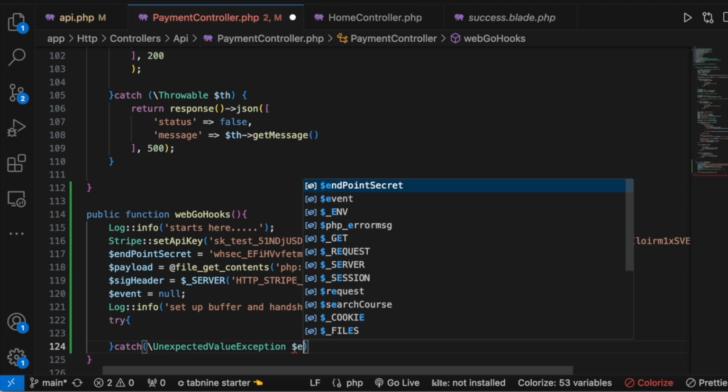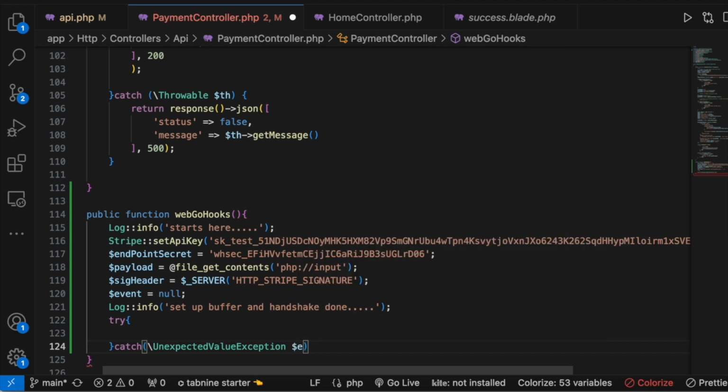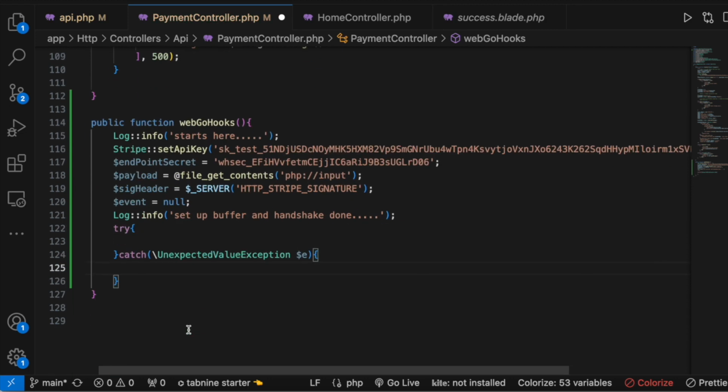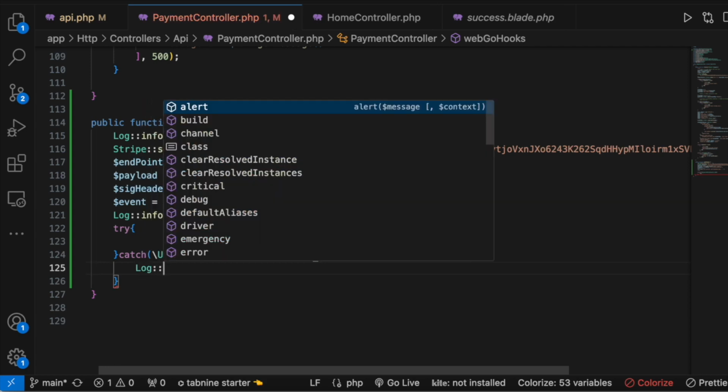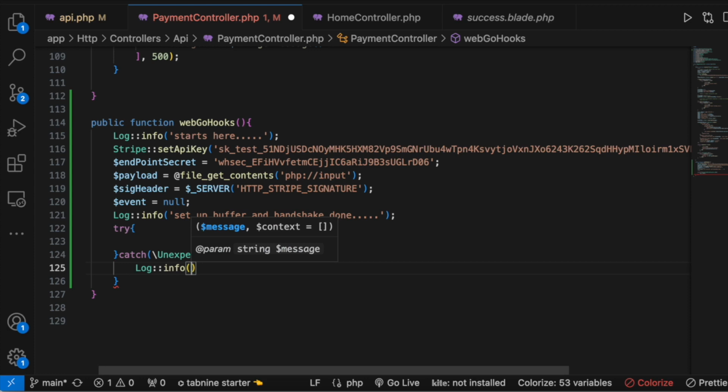And as you can see from the name, if things go wrong, we can catch that or terminate. So here you could do log info and unexpected. Let me copy this one. If things go wrong, you can put it here,